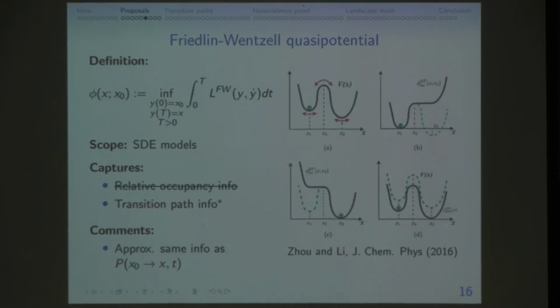This one is a little bit more interesting. Freidlin and Wentzell are mathematicians, and they are known for studying something called large deviation theory. It's a mathematical theory that tells you something about rare events. For example, you might want to study it if you're interested in avoiding a stock market crash or something. So they have this complicated looking definition of the quasi-potential here. But the content of this is essentially, given a fixed point x0, if I'm more likely to end up traveling from x0 to this state than I am to travel to this other state, then the landscape should be deeper here than it is over there.